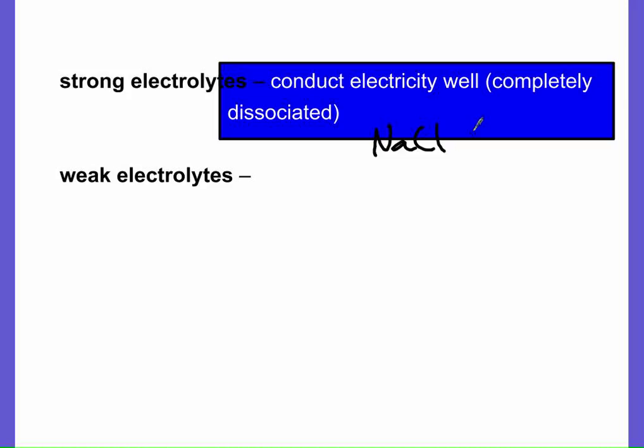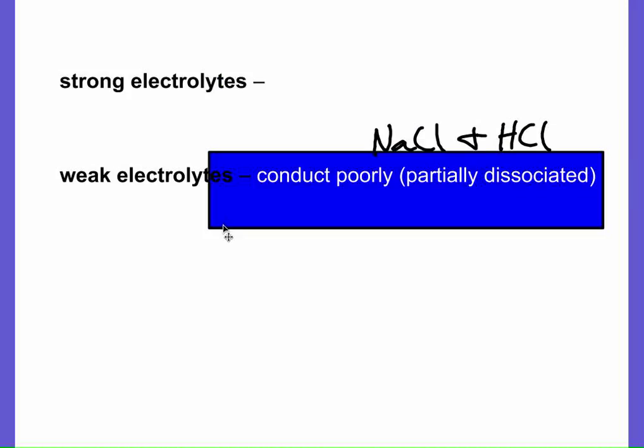But I can also have a strong acid, like hydrochloric acid that I showed you on that last slide. A strong acid is going to completely dissociate in water and therefore can be a strong electrolyte,